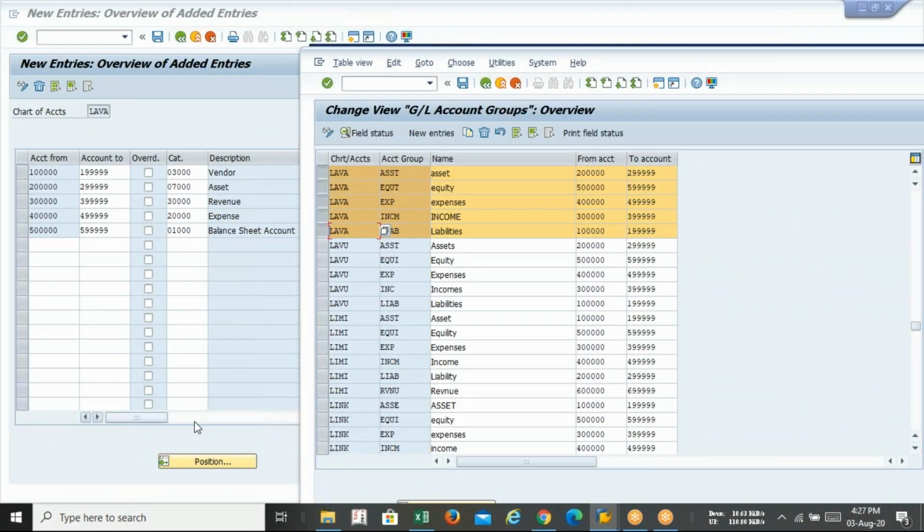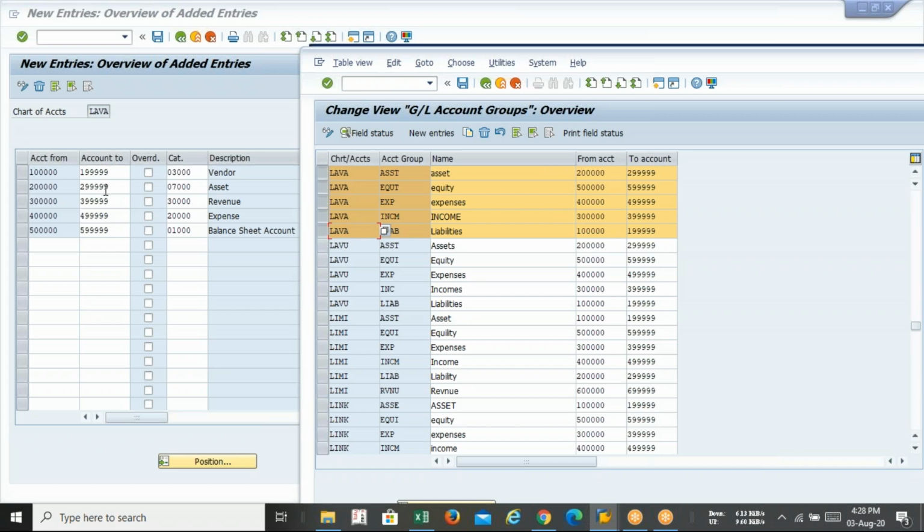Yes. The names asset, equity, expenses, income, liabilities have been created by the user. So the system does not know what they mean, because they can be changed by the user also. But this asset, revenue, expenses, balance sheet item, that name is given by whom? The system. Until and unless you split your accounts group, the system is unable to generate the report.